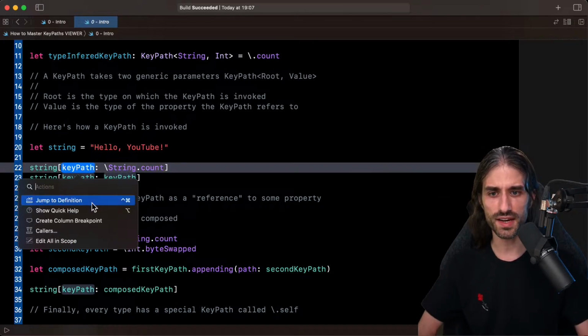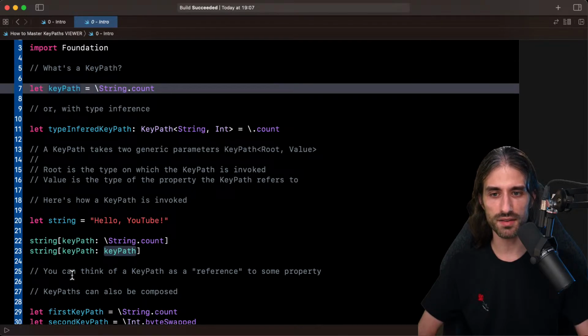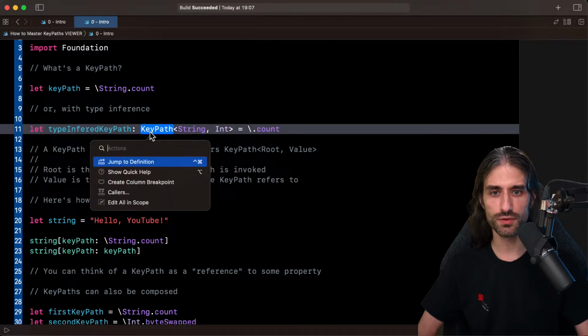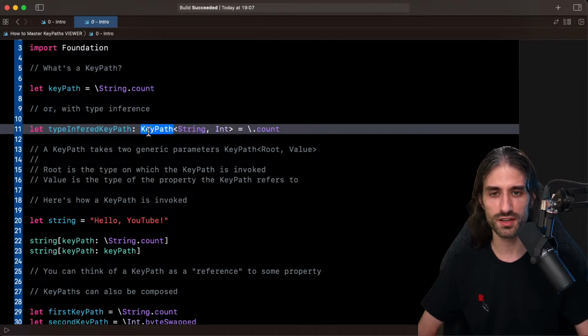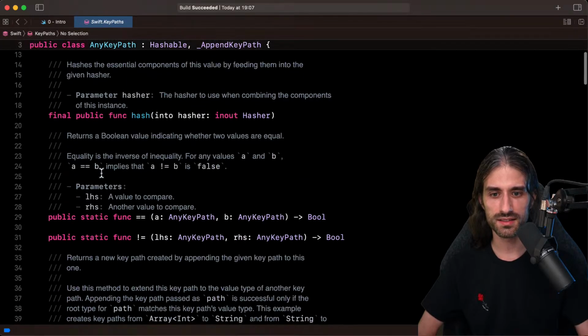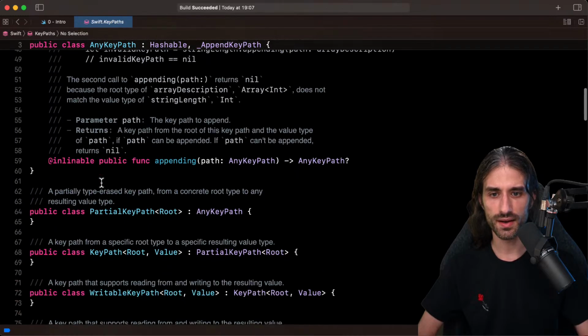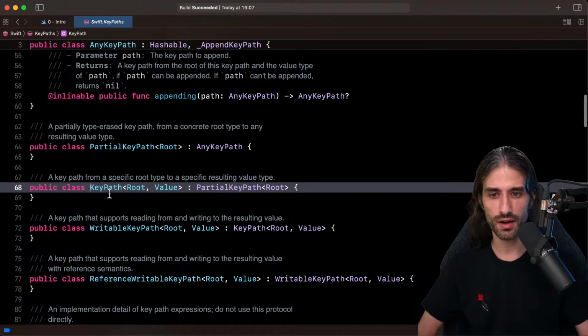Actually, I'm gonna see if I can do a command click to jump to definition. So it jumped to the definition of the keypath right here, but I would like to do it... No, I can't jump to the definition of the subscript, but let me jump to the definition of the type KeyPath so that we can see it together, because it's always interesting to see the definition of things. So where have we arrived? I would like to see, so you can see KeyPath is just a class with KeyPath, Root, and Value. And we can see that there is a full hierarchy.